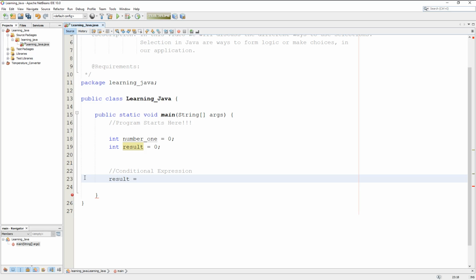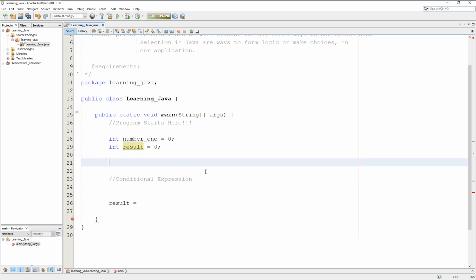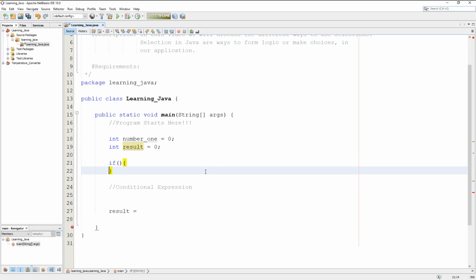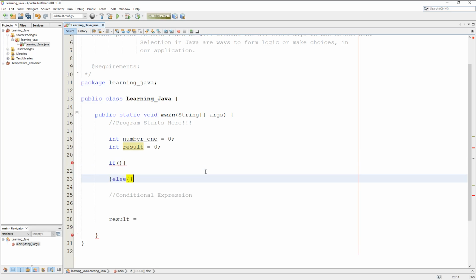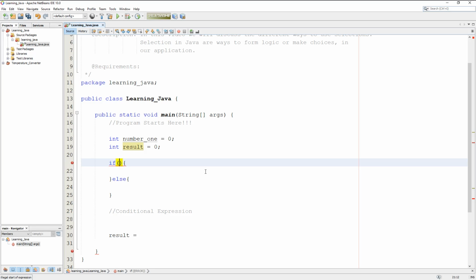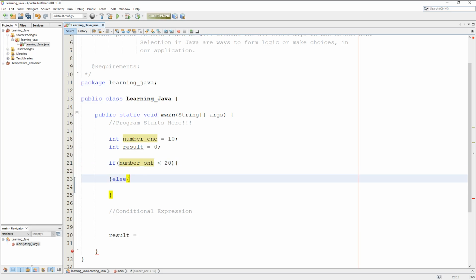So we'll just store in a value once we're done pulling off our condition here. If we're working in the if statement and we had an if and an else like this, the conditional statement is kind of this single or dual option if. Say we made num1 equal to 10, and we said, if num1 is less than or equal to 20, then we just want to do this,